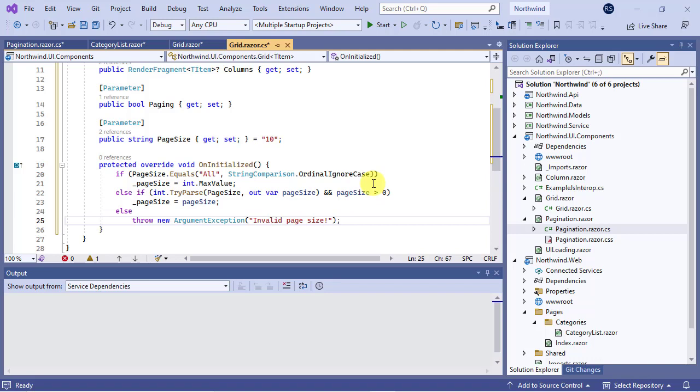Note that in case of "all" for the page size value, we set it to the maximum value that an integer can have, so we assume that the page size will not exceed that value. What other information does the pagination component need to know? You remember from the previous video that the number of pages should be displayed in the page input group, as well as the number of items on the right side of the